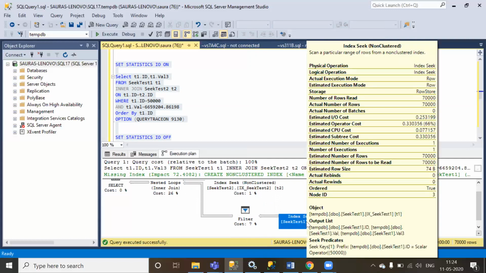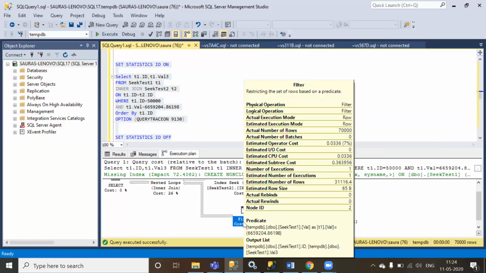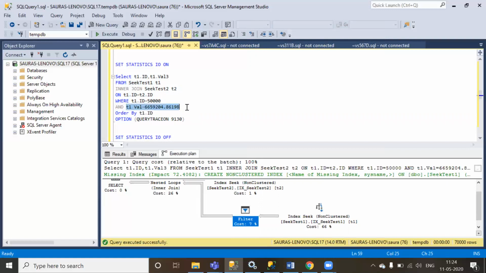So the index seek is now being performed on the ID column, and once the seek is performed, this is the operator which is filtering the records which do not satisfy this condition. And it has an operator cost of 7%. So this is something that got cost extra on the execution plan, and these kinds of things are not good. Whenever you see this, it means that your index seek is not optimized.